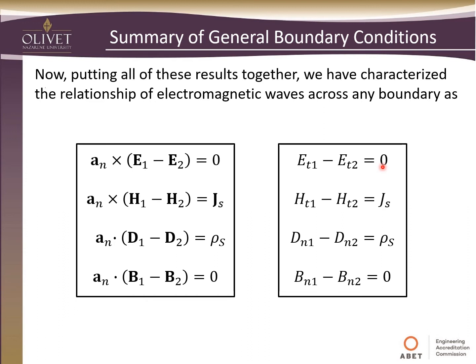This just says that on any boundary, the tangential components of the electric field have always got to be equal. The normal components of any flux density on a boundary have always got to be equal. The tangential components of any magnetic field on this boundary, the difference between those has got to be equal to any current flow. And then finally, the displacement current at any boundary, the normal components between those two, the difference between them has got to be equal to the charge on the surface. So these are pretty handy, and we'll look at an example of how this helps us to figure out what's going on at the boundary and beyond.